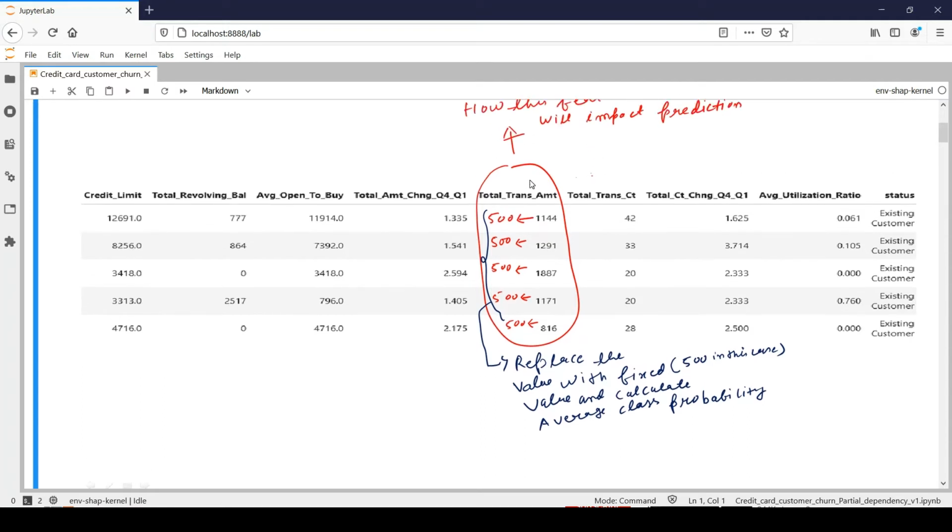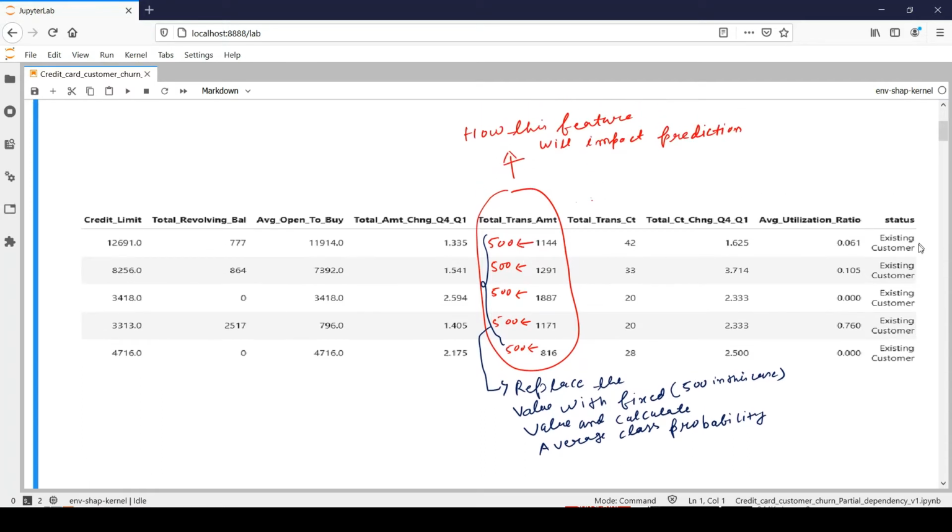Then we need to feed this data to your machine learning model. But another thing which is very important: we need to only replace the value of the field for which we would like to see a change in prediction, and all the other values remain the same. We will not modify anything in those feature values.